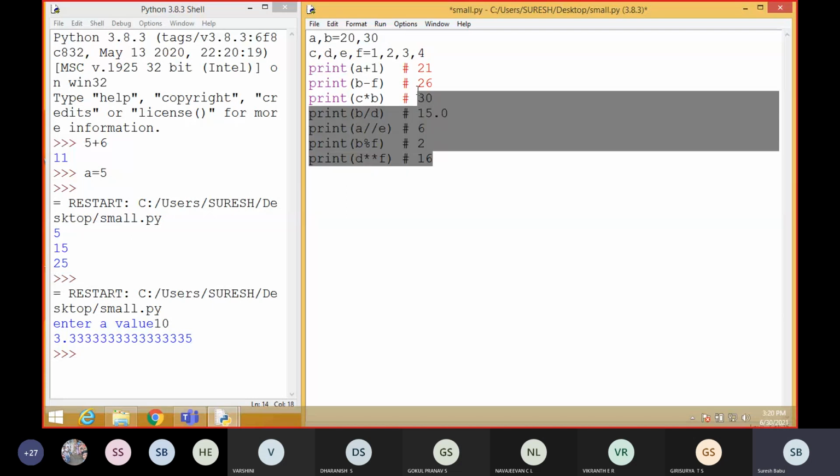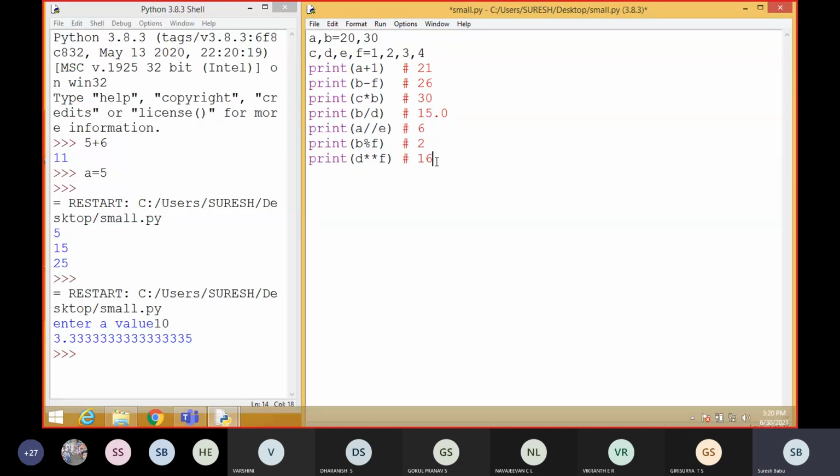So these we calculated manually. Now I'm going to execute and check whether the program displays the same output or not. This will definitely show on the output screen, but this is just a statement, just commands. So I'm going to execute.